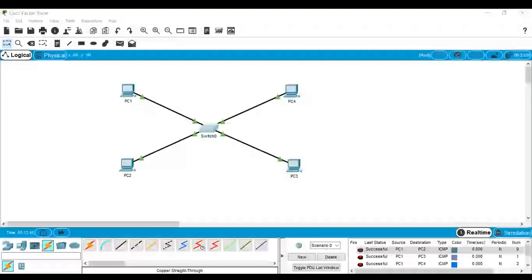You can configure your switch through this, but this is not included in your syllabus. I will show you if required how to configure a switch. The switch has its MAC address, and it has its own flash memory.